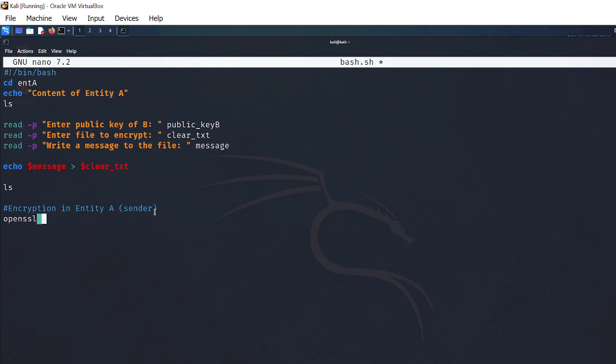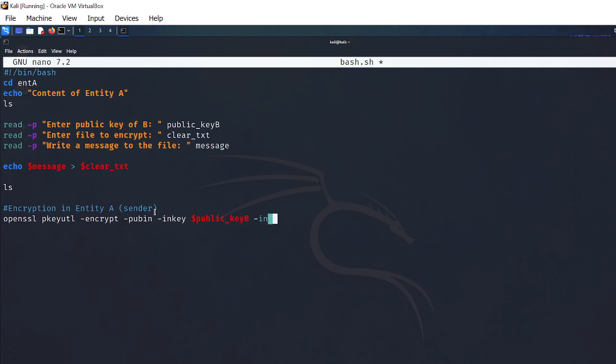OpenSSL command for encryption, pkeyutl -encrypt -pubin -inkey. So as I said, we're going to encrypt with entity B's public key, which the user will input, public_key_B,